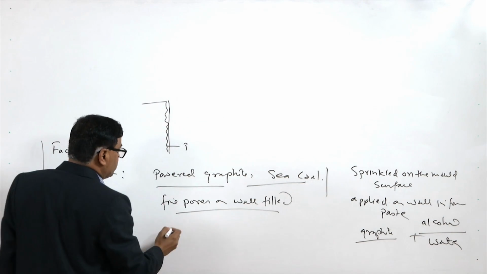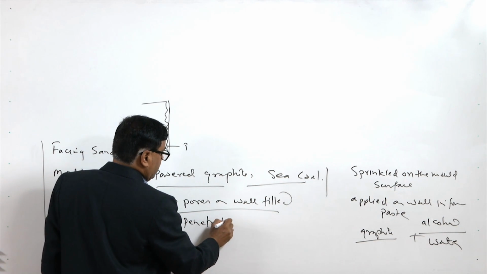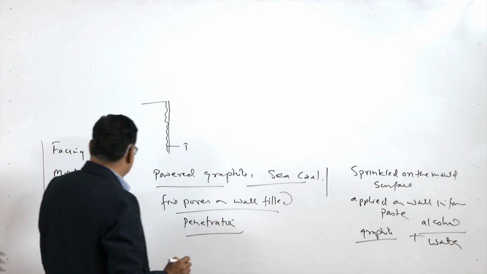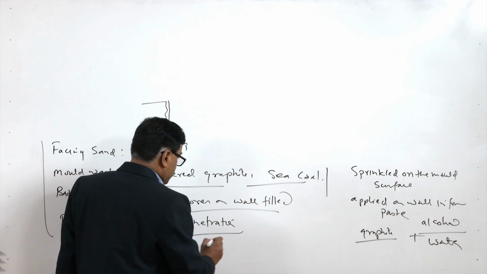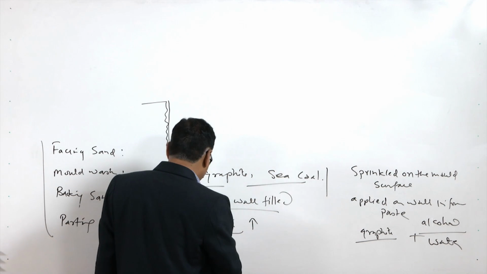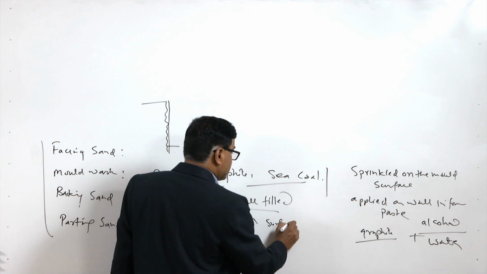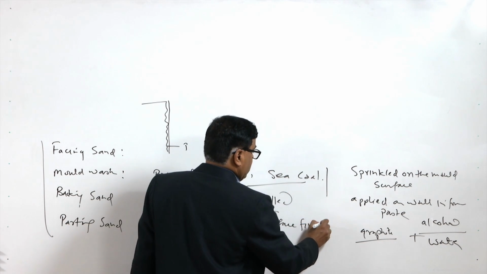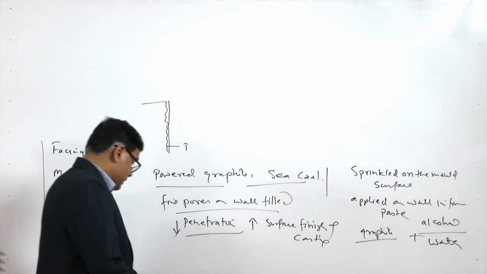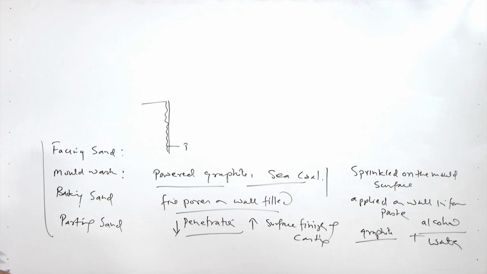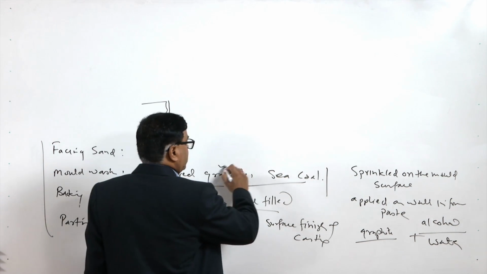So, the issues related with the penetration of the molten metal into the mould wall surface are reduced with the application of the mould wash, and the reduced penetration will increase the surface finish of the casting which is prepared. This is the one purpose, and another one, since basically these are of the coal family,